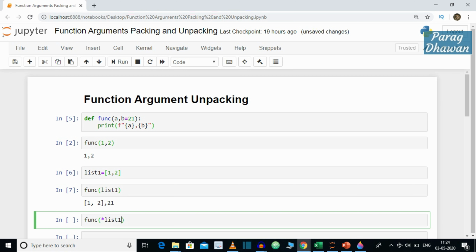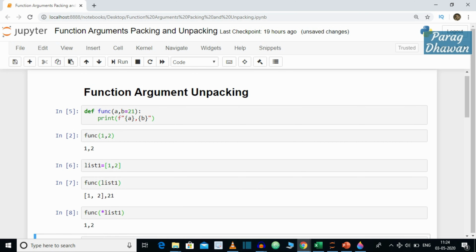The list contains two elements, 1 and 2. If we run the cell and check the output, it unpacked the elements of the list and passed them individually. The first element is accepted as a, the second element is accepted in b, overwriting the default value given to b, therefore the output is 1, 2.